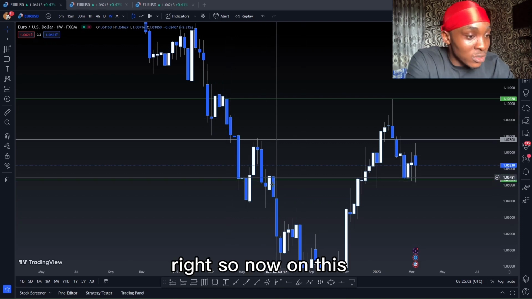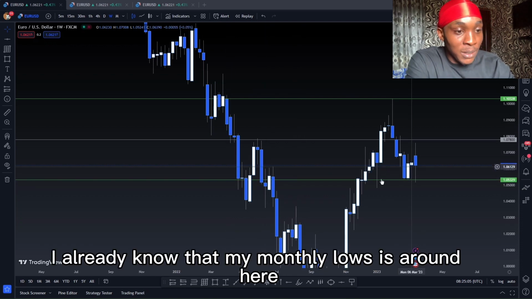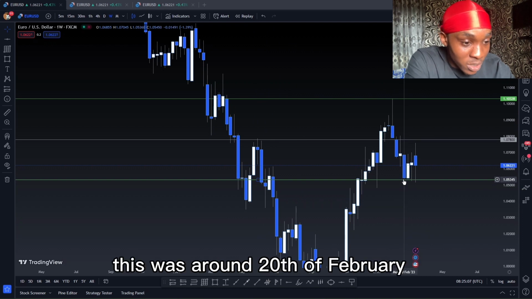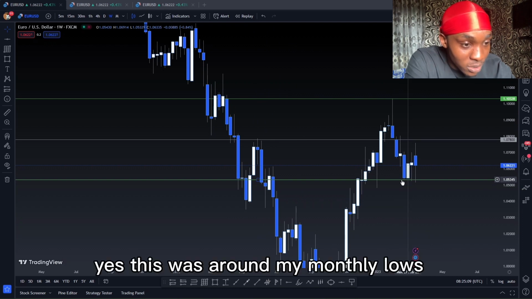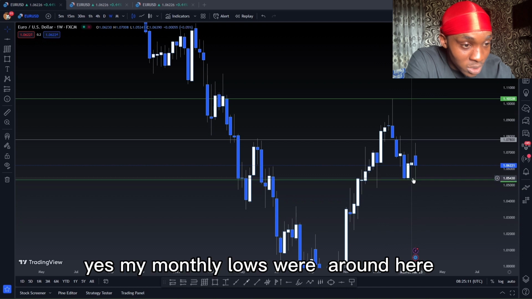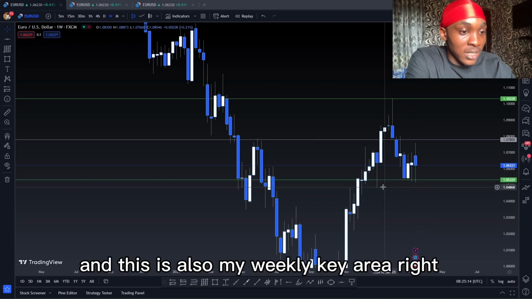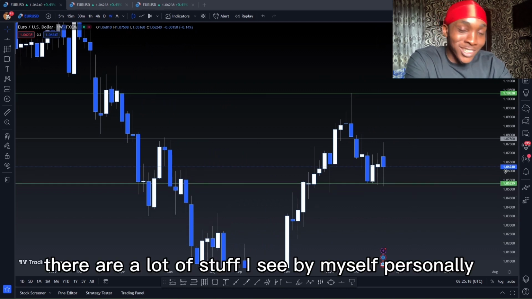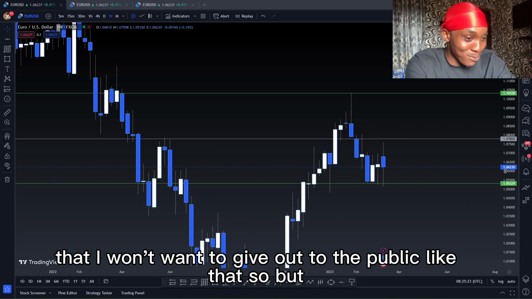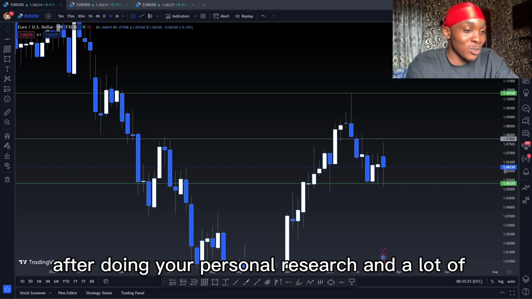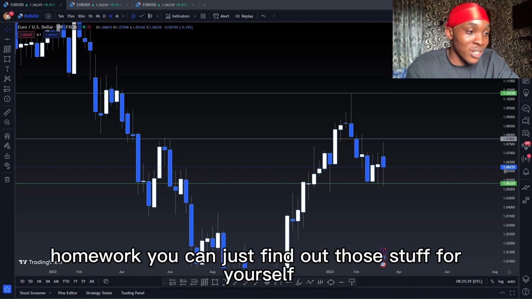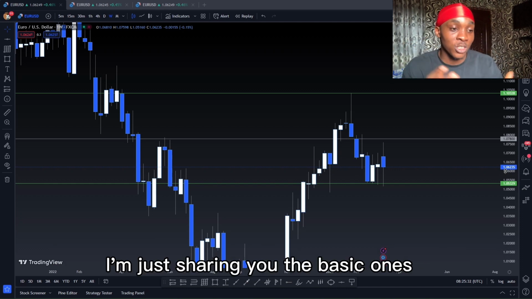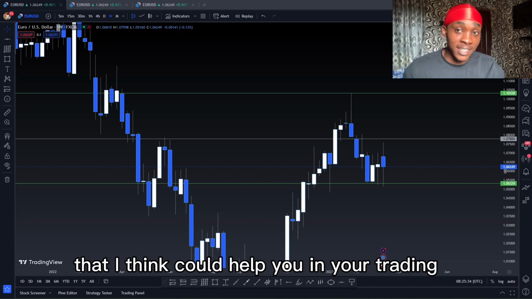So now on this level, I already know that my monthly lows are around here. This was around the 20th of February. Yes, this was around my monthly lows. And this is also my weekly key area, right? There are a lot of setups I see personally that I won't want to give out to the public like that. But after doing your personal research and a lot of homework, you can find those out for yourself. I'm just sharing the basic ones that I think could help you in your